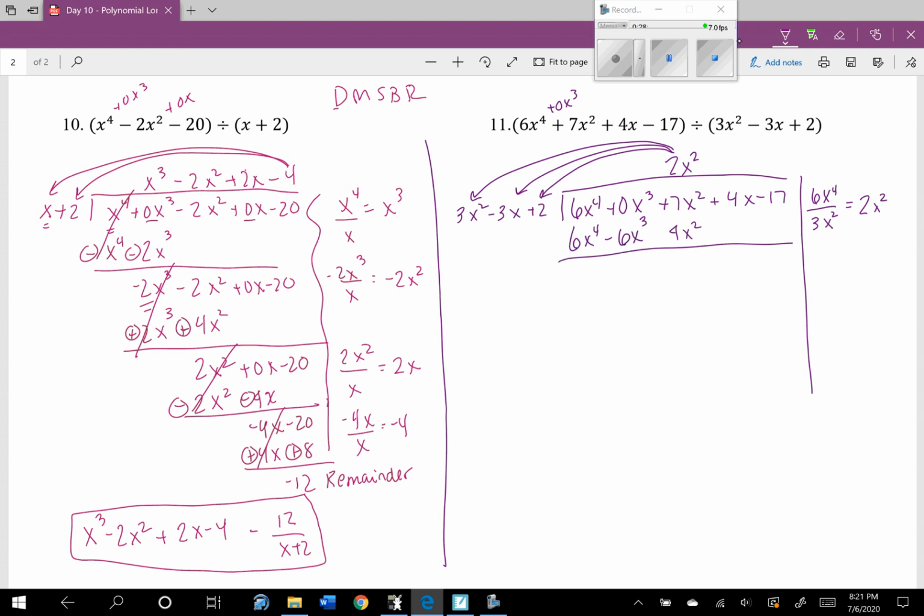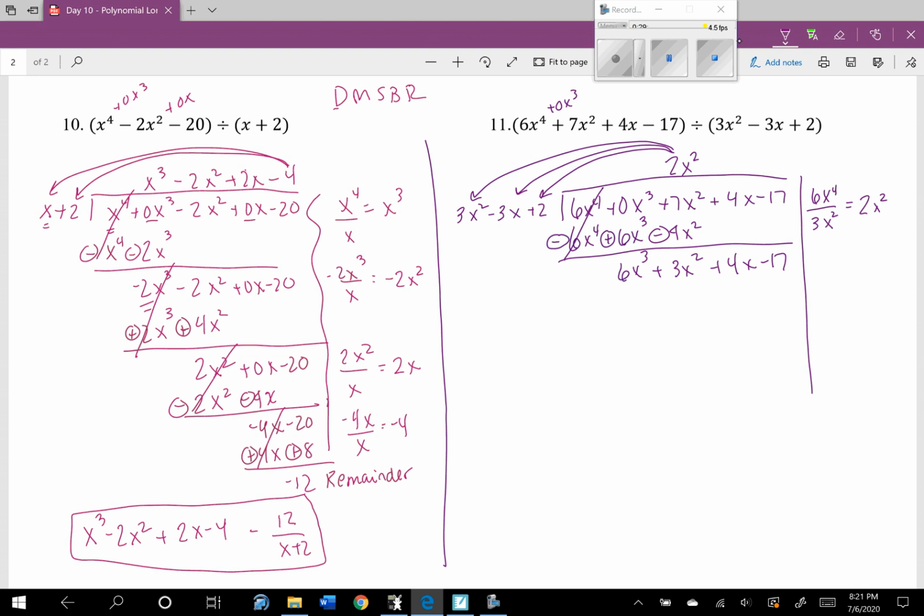And then S stands for subtract. So I'm going to change the signs of each of these and circle them to make sure I remember I already changed them. So this cancels out. This is 6x cubed. 7x squared minus 4x squared gives me 3x squared. Bring down the other terms